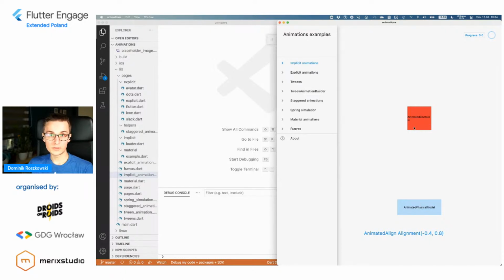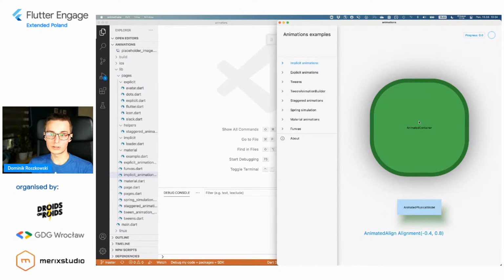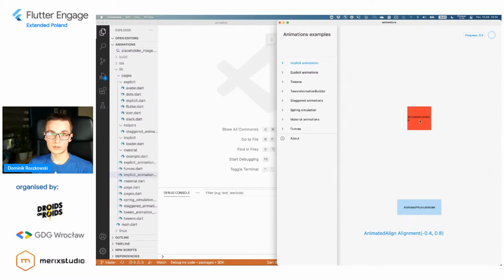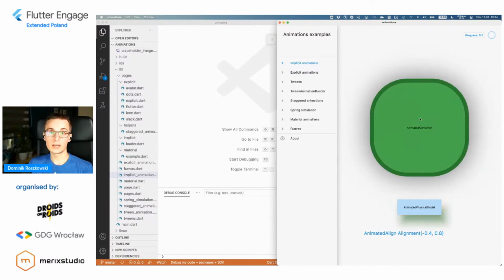Also, there is a very convenient widget that allows interpolating much more properties than just position, which is animated container. When I click animated container here, some properties change, and I'm going to show you in a minute. But as you can see, many different things can change implicitly when I click the button.